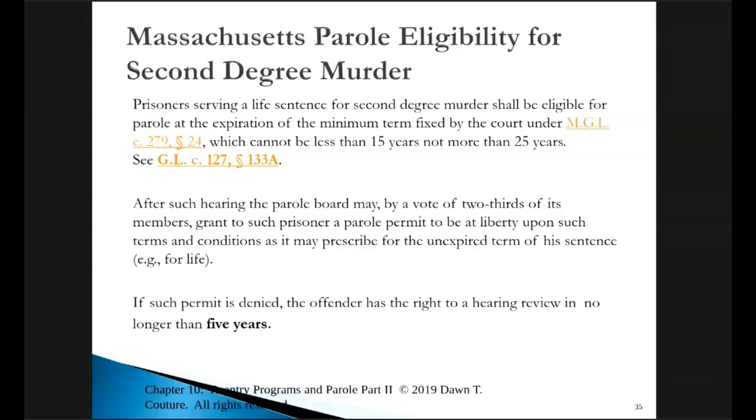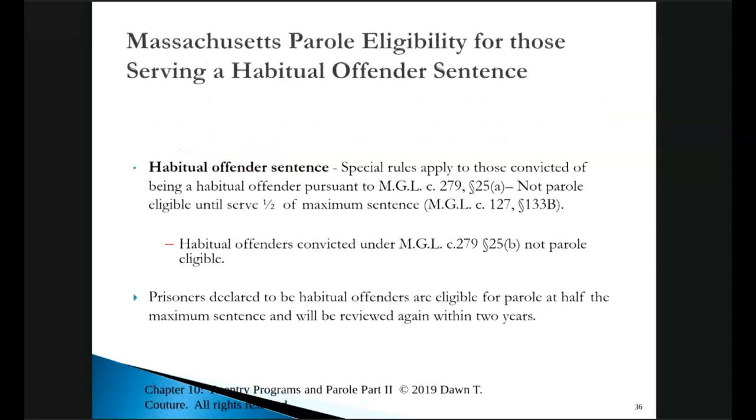If a person serving second-degree murder is eligible for parole, and if it's not, they must be allowed a rehearing no later than 5 years from that time, so they can come up again in 5 years. The rule with regard to individuals serving parole-eligible sentences: if they are denied parole at the first parole hearing, they have a right to a rehearing to come back to the parole board within a